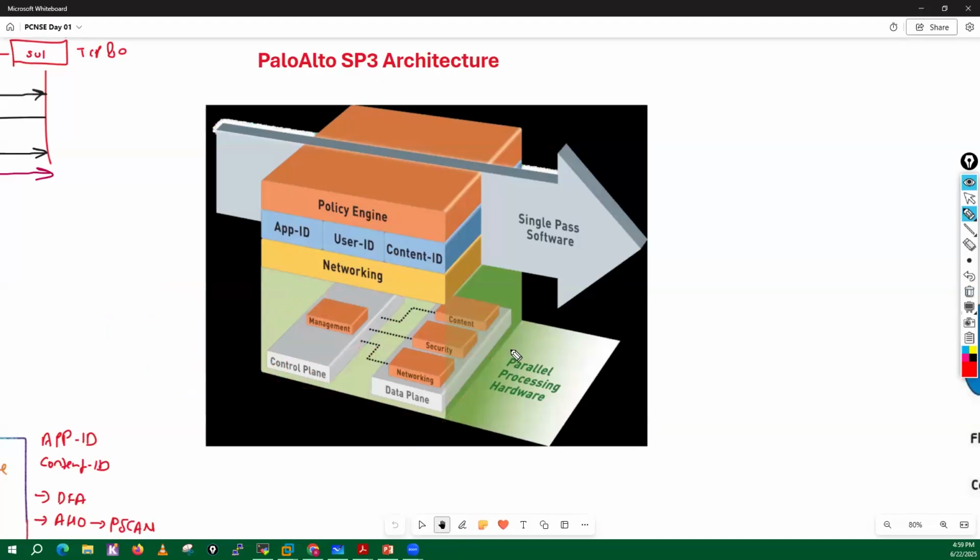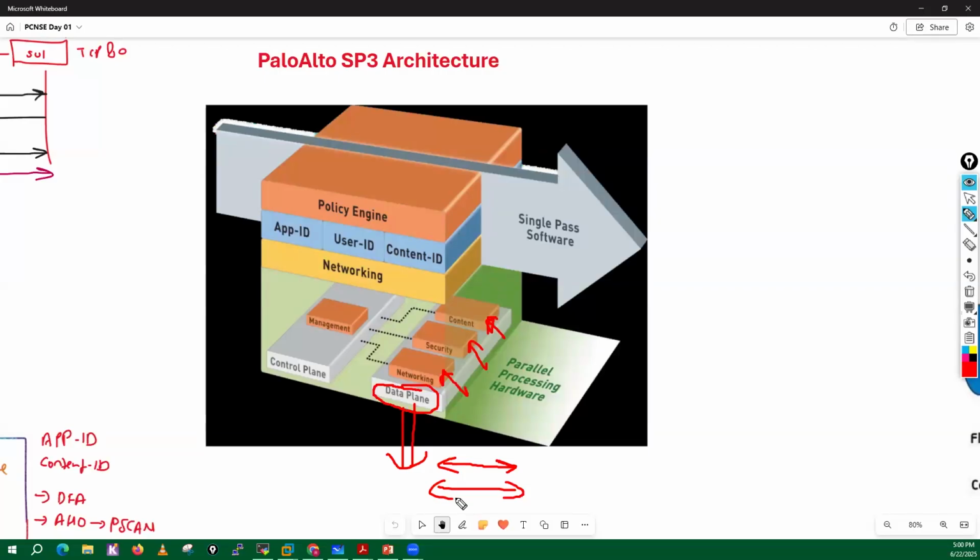Now this data plane, they have further divided into three other planes. Guys, do you know what is data plane? Data plane is the hardware module in your box which can basically process the traffic which is initiated by the client towards the servers.